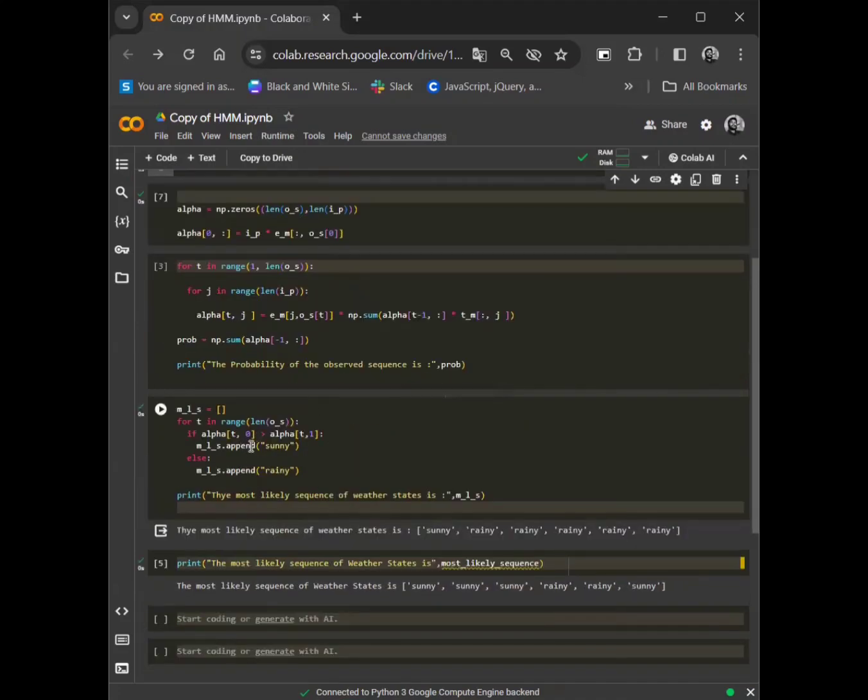Finally, here we sum up the forward probabilities at the last time step to obtain the overall likelihood of observing the given sequence. This gives us insight into how probable it is for a sequence to occur according to our hidden Markov model. So that's the comprehensive breakdown of the code implementing